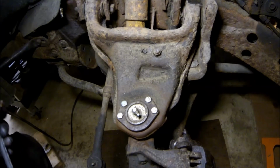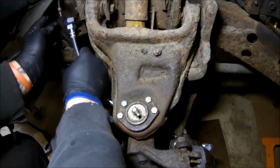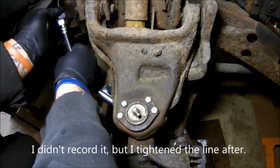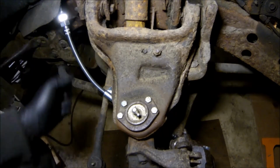So what we're going to do is just snake this into its general area, and I want to start by getting this on. If we don't start here, at least threading this in by hand, it's going to be a pain to do later. Now that that's done, we can take that bolt out,